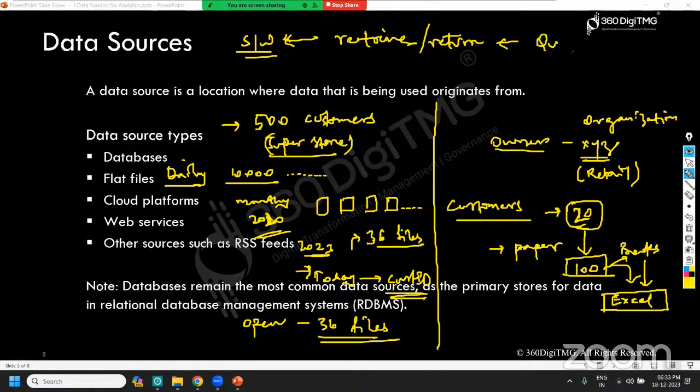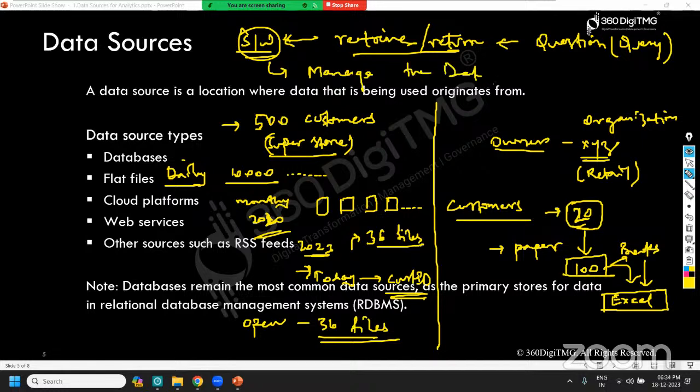When you ask a question. Right? A question is nothing but a query. When you post a query, the software should give you the information. I don't want to open 36 files. I want all the data to be looked into. That's nothing but your software, friends. So the software is helping you to manage the entire data,